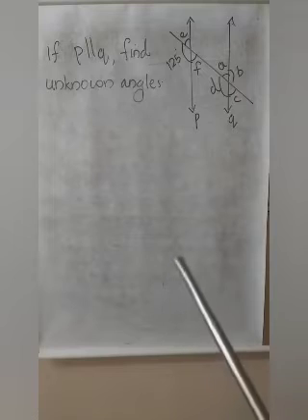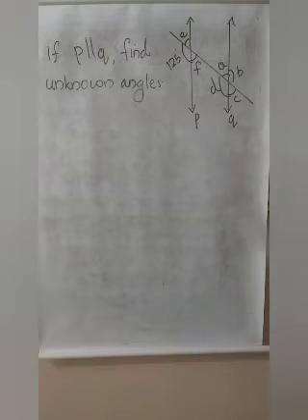Only the value of one angle is given. What is that? 125 degree. So we need to find angle A, B, C, D, E, F. How can you find the value of these angles? Which properties will you use here? Here only the given condition is the lines are parallel. P and Q are parallel and one angle is given to you.